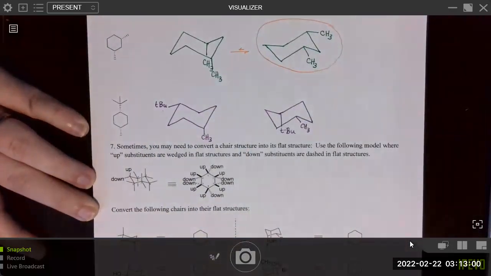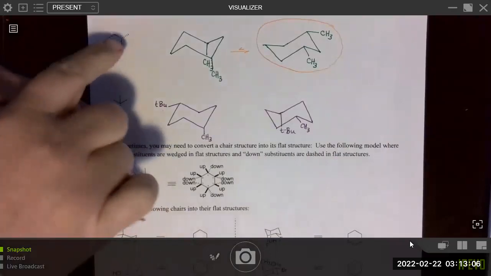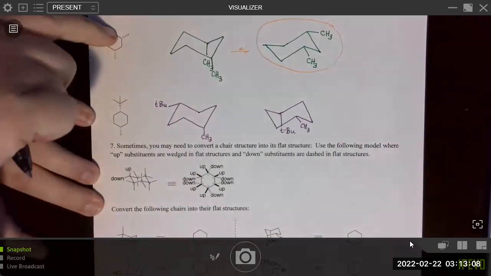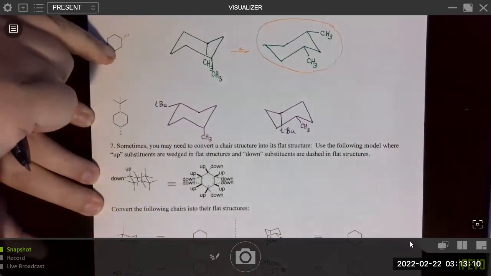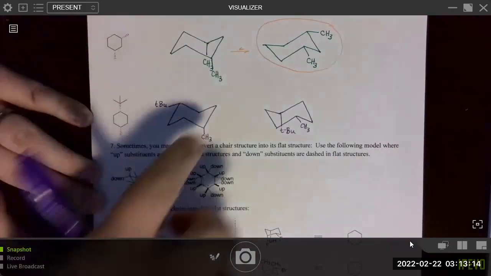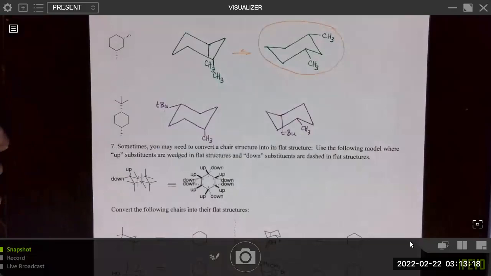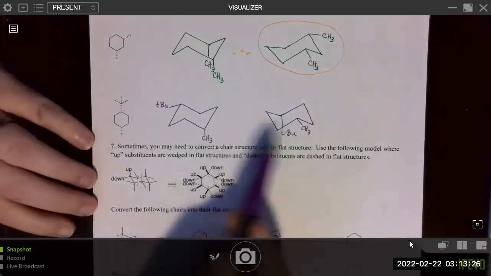And again, if you chose to start at a different spot, that's okay. The only thing I like to remind people is, wherever you do start, if you're working clockwise here to get to the next substituent, work clockwise here to get to the next substituent, as opposed to going counterclockwise, because then you could end up accidentally drawing the wrong structure, which will make more sense after chapter 5.